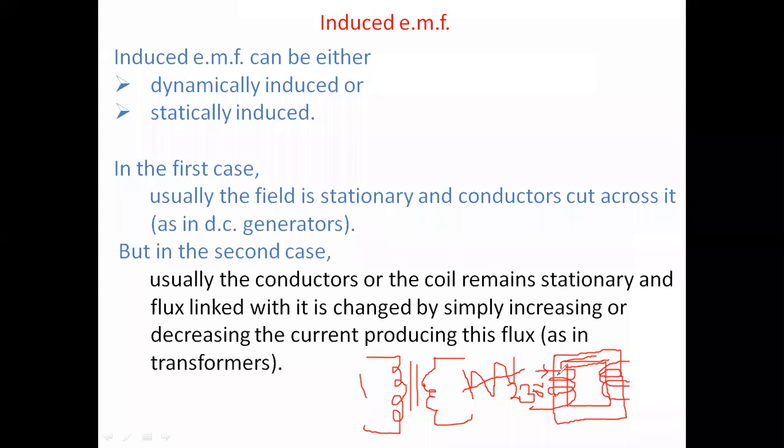Whereas in statically induced EMF, the coil is constant, and due to the variation of the current flowing through this conductor, the flux changes, and that change in flux is applied to the secondary winding. Due to the flux linkage with this coil, the EMF will be induced in the secondary winding.